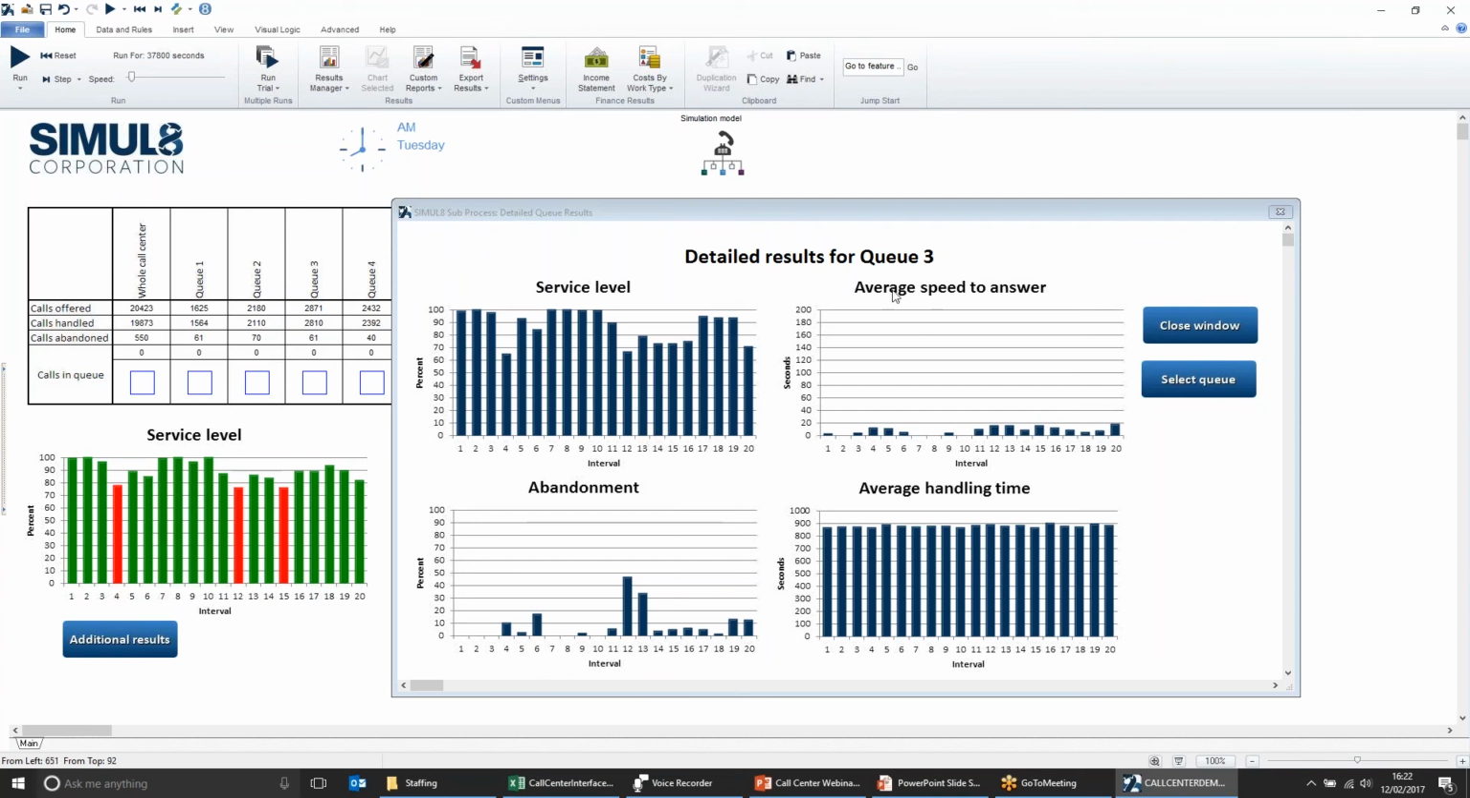But in addition to that, we have some additional information. For example, if you would like to see the average speed to answer for queue number 3 specifically, we can have a look and see exactly what the average speed to answer was, per interval obviously. If we want to understand abandonment for this queue, we can see that over here. We can see the average handling time,